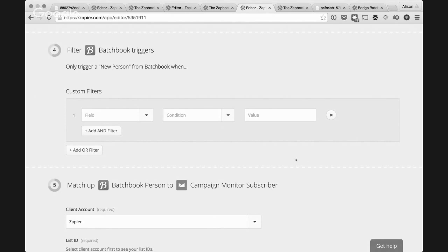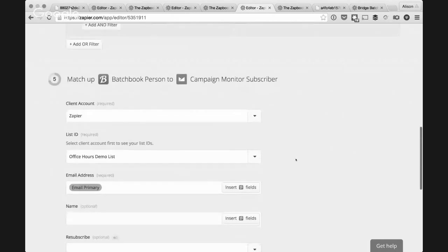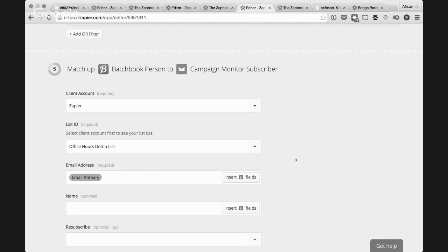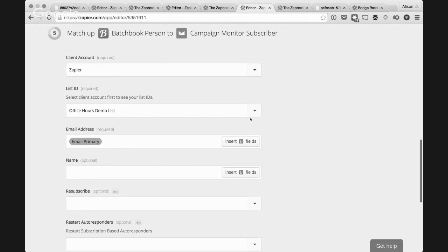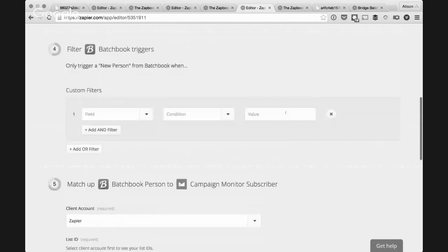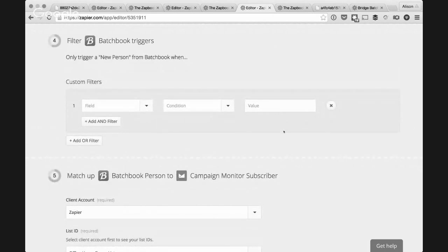And then even better than that, when we move them, or add them, I guess I should say, over to your email marketing platform, you can even segment that down to a specific list. So you can see here with Campaign Monitor, I could send only certain people that I create in Batchbook over to a specific list. So you can really segment out the people that you want to be on a certain list. Maybe they have purchased something from you, or maybe however you want to sort them. There could be a specific thing that